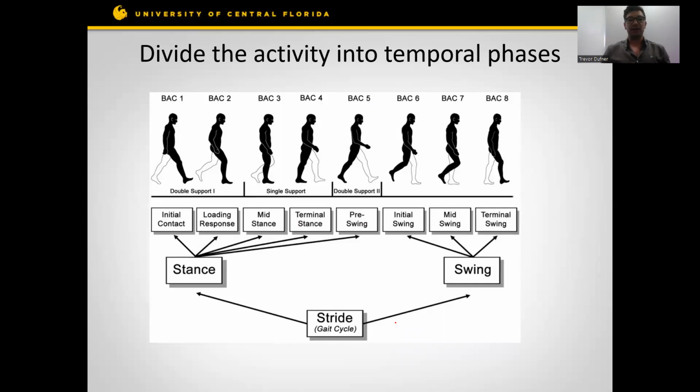as well as you can look at walking. You can break this down in temporal phases. You can look at somebody who may be going through rehab and say, okay, where are they breaking down? Are they breaking down in the mid stance phase? Are they breaking down in the pre-swing, the initial swing, whatever it might be? You can look at this biomechanical breakdown of their gait and say, okay, where are they breaking down? When they're breaking down and they're not as efficient in that part of the walk, what are the muscles that are activated? And therefore, then we can train those muscles,